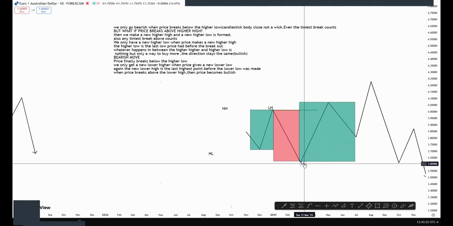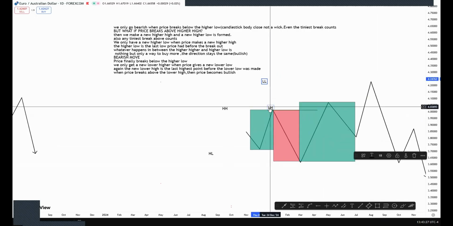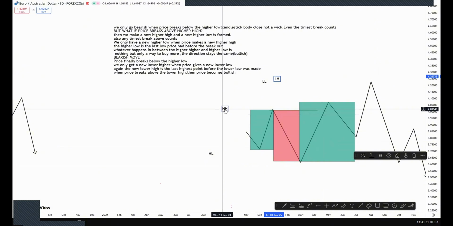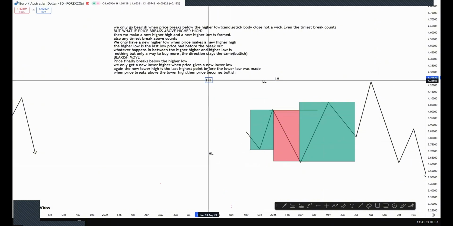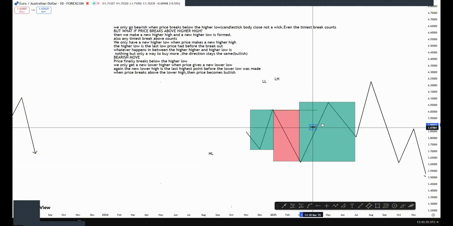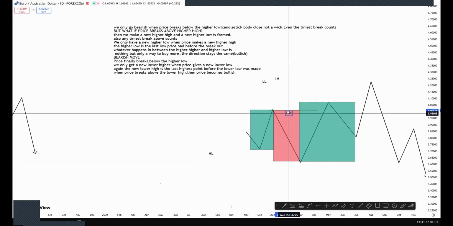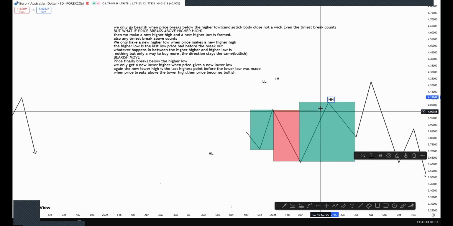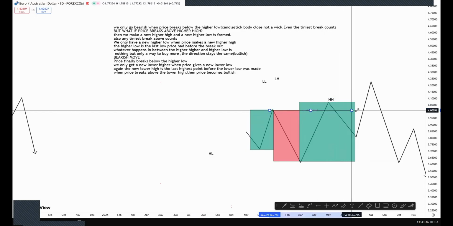So since we are bullish, we move this lower low and lower high aside. And what our higher high becomes, which one? So our higher high is the highest point when price breaks the previous lower high. So this is it, in this case it's this one. Okay? So this is where we broke